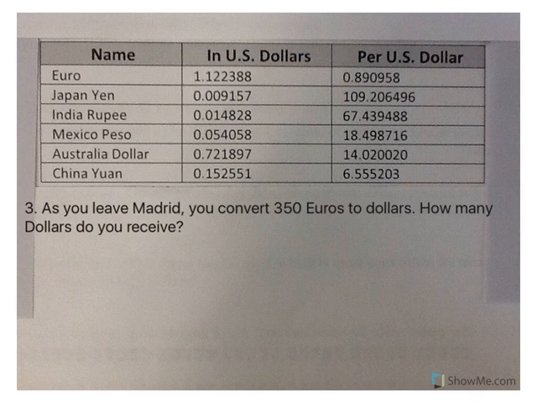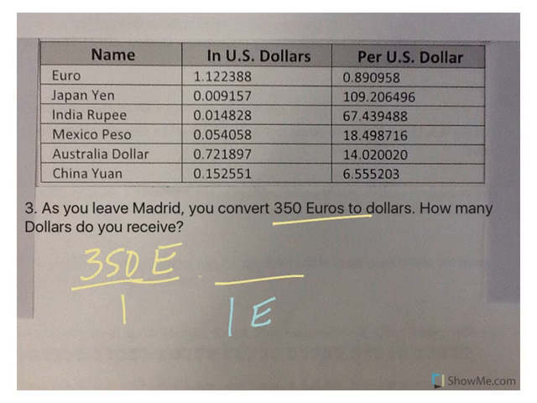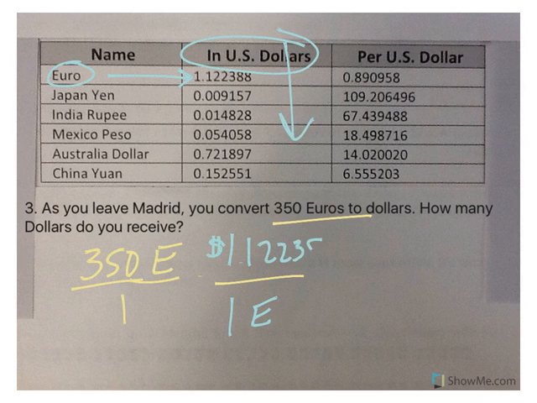Now, in number 3, we're leaving Madrid. So we were in Madrid, we changed them to euros, and now we're leaving. So now we're starting with euros, 350 euros. We want to change this to dollars. So now we're going to have 1 euro on the bottom, and we want to be in US dollars. So we want to use this column. And we're doing euros, so on the top, I'm going to have 1.122388. Now, this conversion makes my euros go away. I multiply across the top, and I end up with